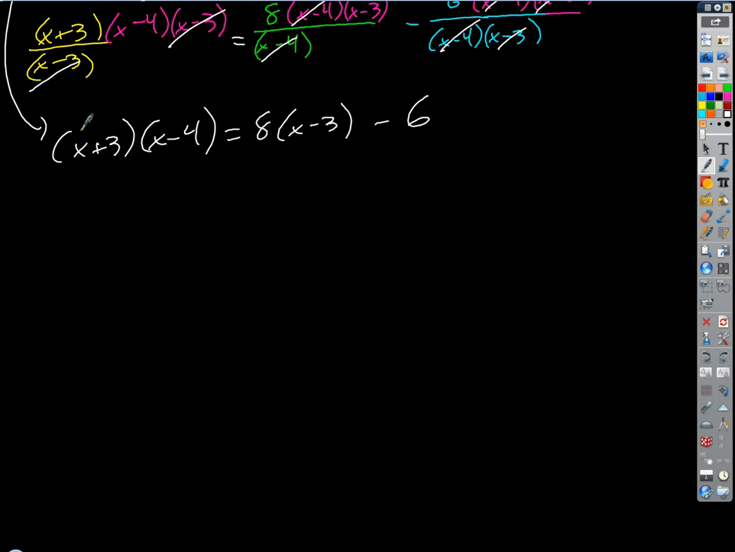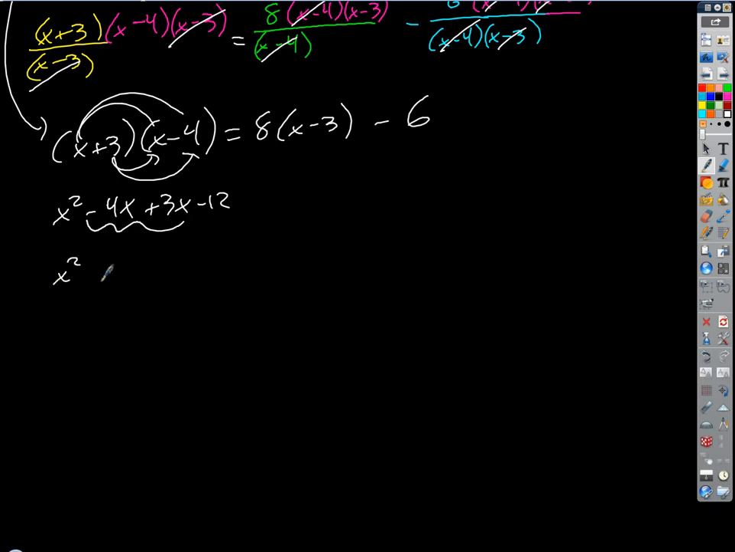If I distribute the x through, we're going to get x squared minus 4x. If I distribute the 3 through, I'm going to get plus 3x minus 12. So if I combine like terms there, I end up with x squared minus x minus 12 equals,